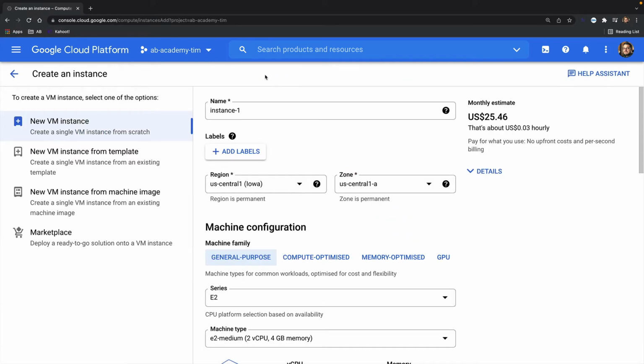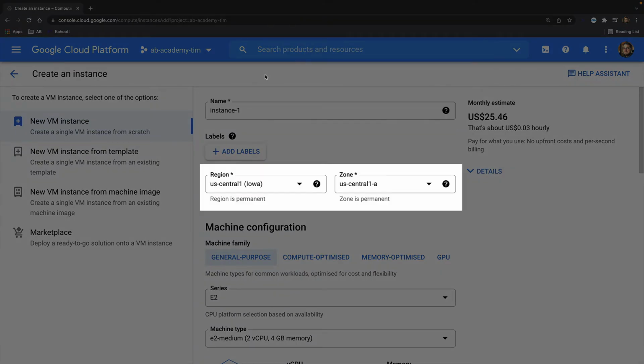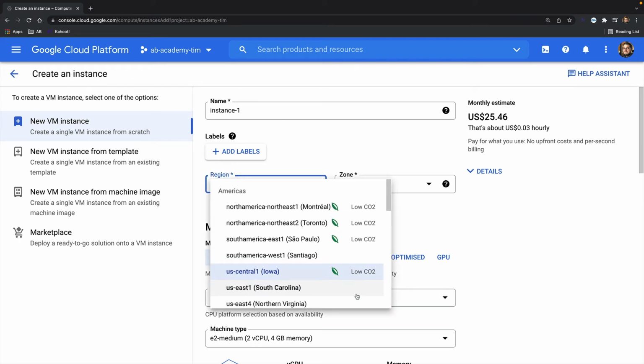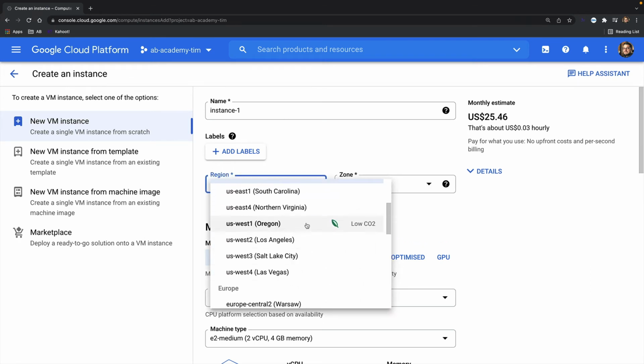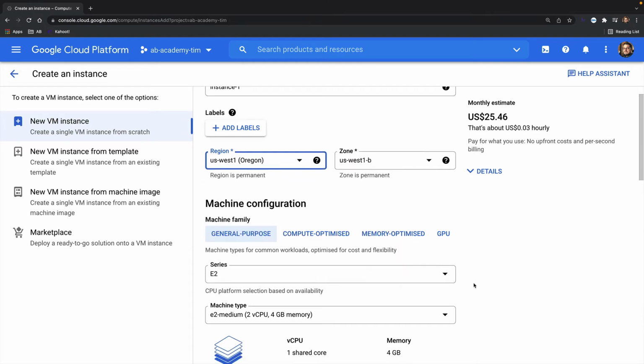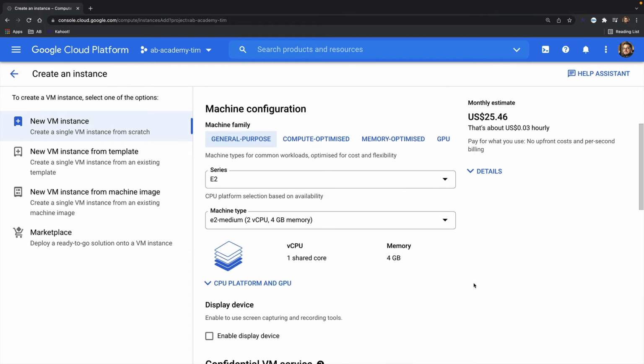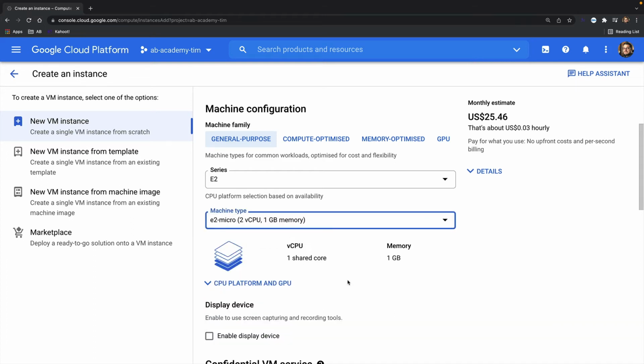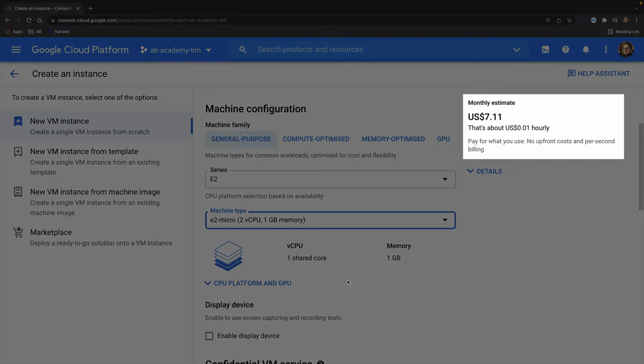So here I can give my instance a name and choose where in the world I should host it. A really nice feature of this region picker is that it shows you the options with the lowest carbon footprint. Under Machine Configuration, I can choose the machine family and machine type that I want for my VM. So here are the general purpose types we were looking at a moment ago. I'm going to choose the cheapest possible option here, an E2 Micro, and my monthly estimated cost is shown here